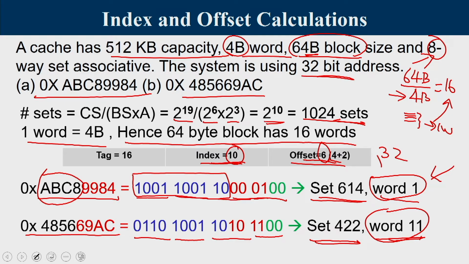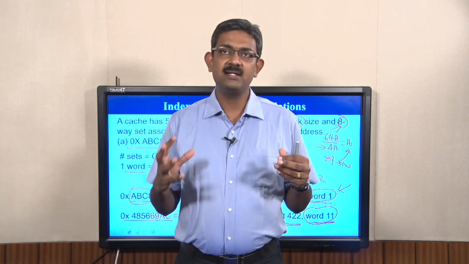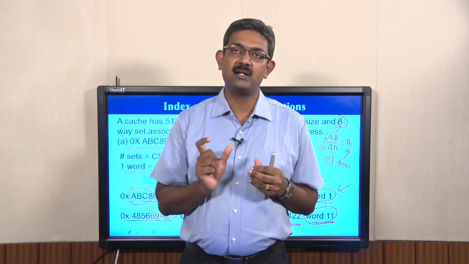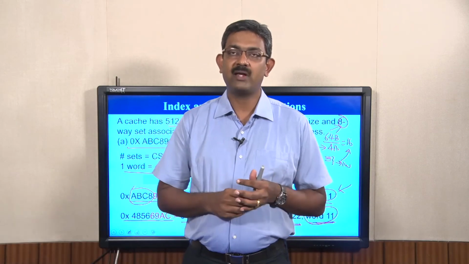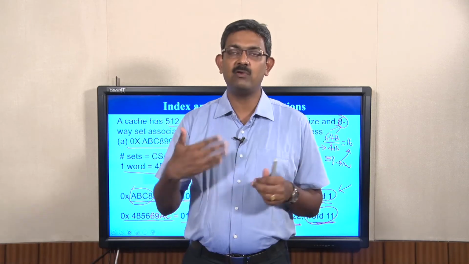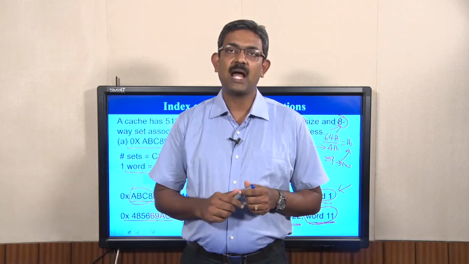So, to summarize what we do in this question: whenever you get the cache details and the address, find out the set index portion, and that will tell you which set is to be searched. Then you find out the corresponding offset. From the binary value, find out the decimal, and that is the set wherein the search for the tag match happens.